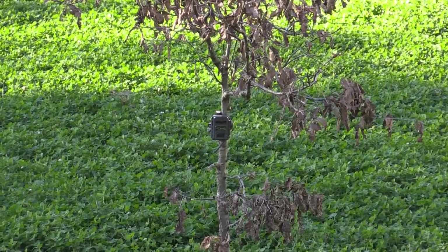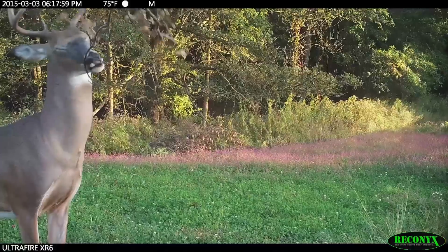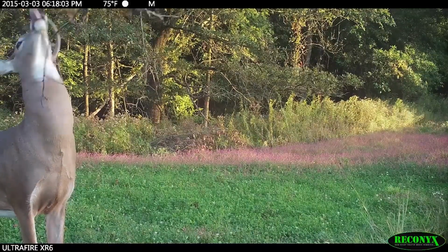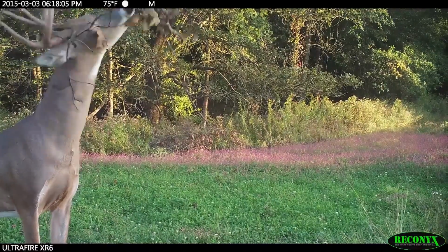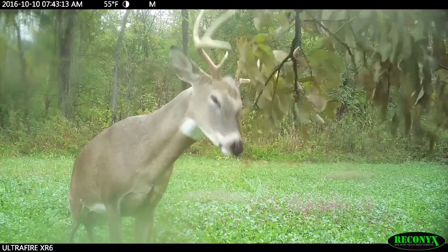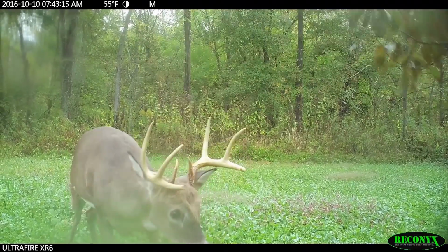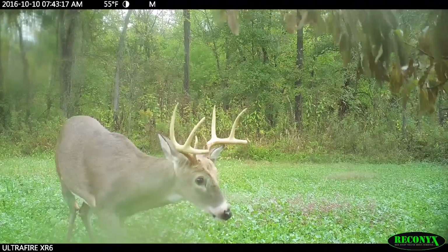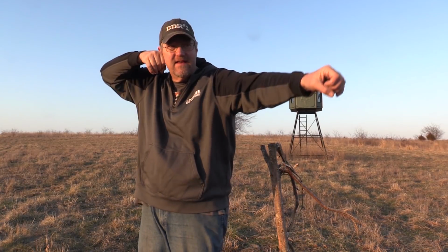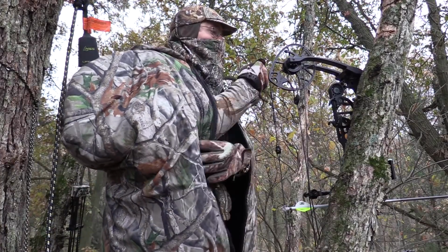Scrapes are nothing more than the whitetail world's equivalent of a billboard, so the more they stick out, the more a buck wants to work that scrape. Is every single buck going to come into it? No, absolutely not. But the ones that do, you point these licking branches back towards the stand, and what happens is they come in and there are some darn good shot angles right there from back behind you. At the same time, you've got all day to take your shot while they're working the